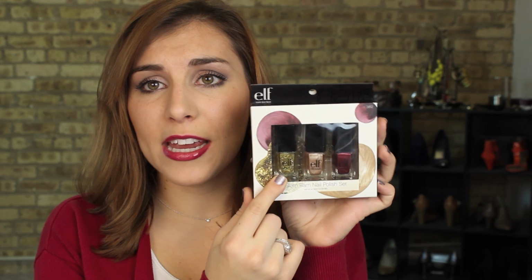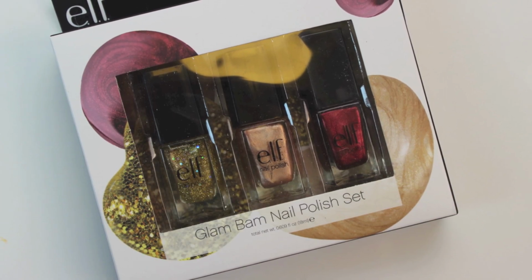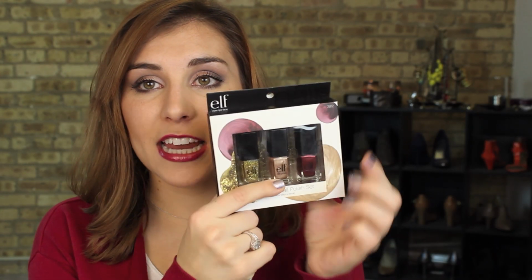This is the Glam Bam nail polish set. I think this is a holiday set as well because it has a shimmery gold with varying sizes of glitter. I'm currently wearing it as a top coat on my nails, a champagne shade, and then a ruby red shade. These are probably my least favorite products because I tend to love press-on nails or at-home gel manicures, something that lasts a really long time, and nail polish in general, whether it's low-end like this or super high-end, just doesn't last on my nails, so I tend to not use it as much. So I'll probably wear these a few times, but this is probably the thing I'm least excited about in this